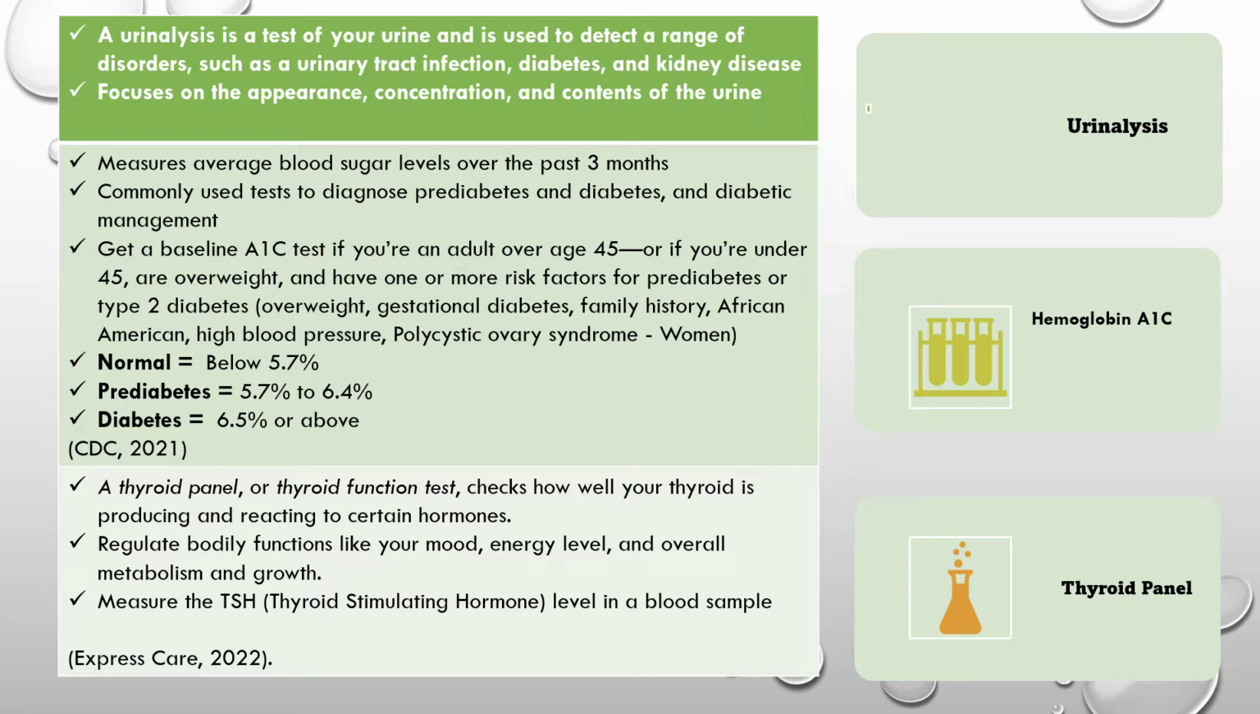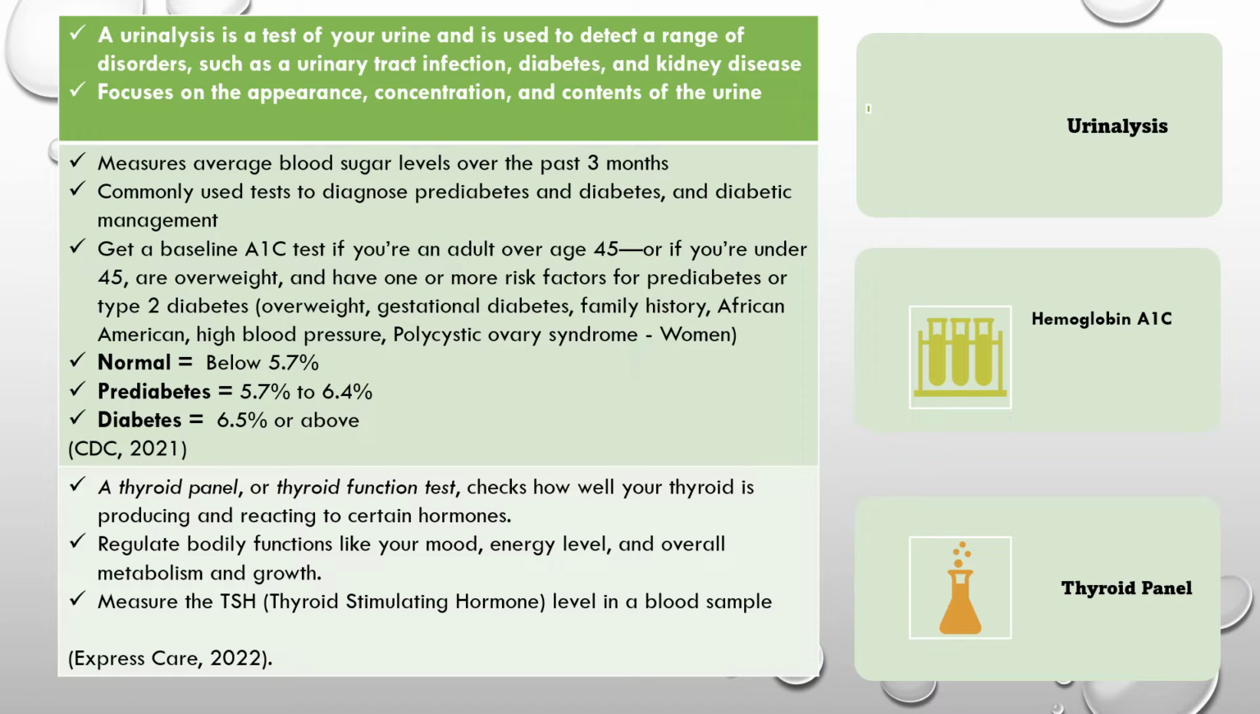Now, as we get to hemoglobin A1C, let me get my pointer here. Is this the pointer? Yes. Hemoglobin A1C measures average blood sugar levels over the past 3 months and is commonly used to diagnose prediabetes, diabetes, and for diabetic management. It's also used to get a baseline of your A1C test if you're an adult over